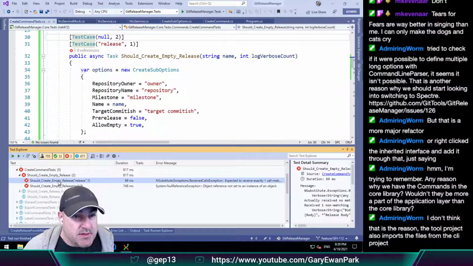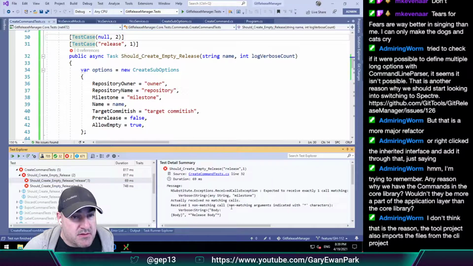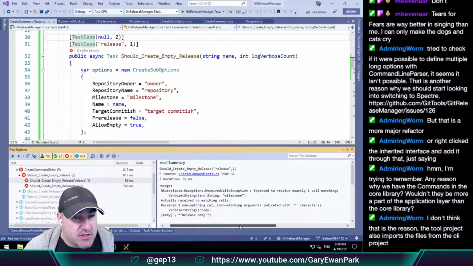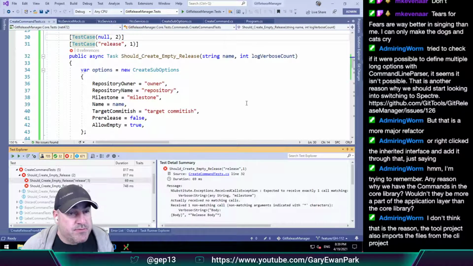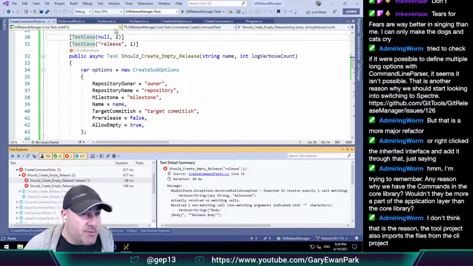So it expected to receive exactly one call. Expected to receive exactly one call matching verbose string milestone. Actually received no matching calls. Received one matching call. String body. So that's entirely possible because